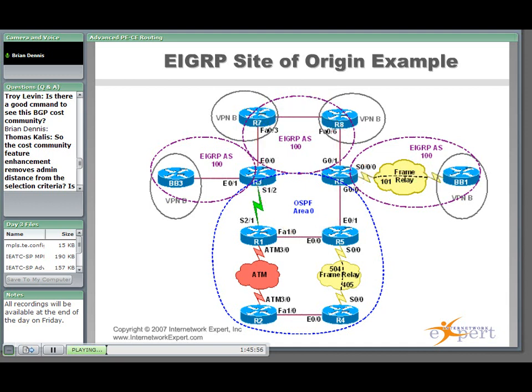Okay. Another topic with EIGRP is something called site of origin. And we're going to see this topic again when we get into BGP. I'm going to explain it in EIGRP and what it relates to in EIGRP, and what potential problem we're trying to solve with the site of origin. So let's say we have a route, again coming from BB1 over towards